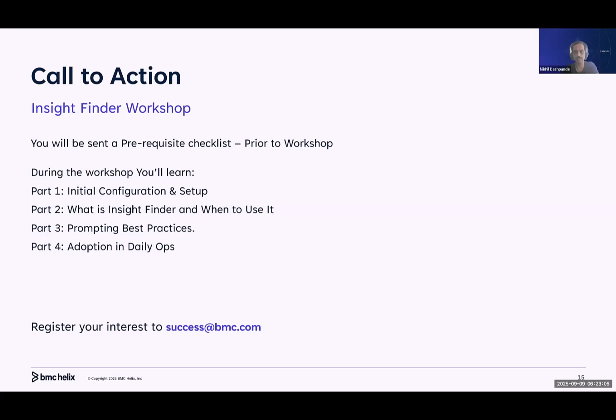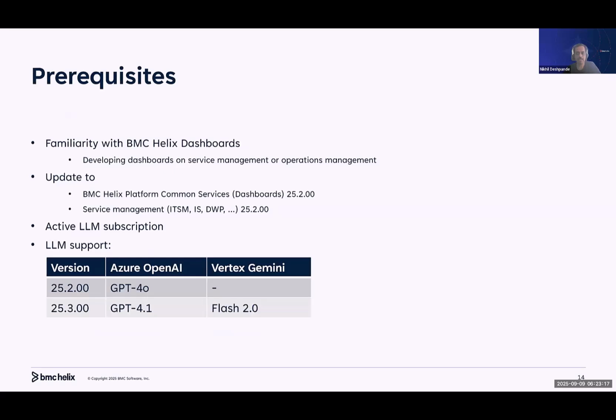I can answer that. So these LLM vendors, especially OpenAI and Google, will keep coming up with newer versions of their models all the time. And at BMC Helix, we will keep pace with the newer versions of these models. After newer versions of these models are released, we test them to make sure they work with our solutions, and then we will release it. So GPT-5 is currently being tested with our applications, including Insight Finder. Once we test it, we will make it available to you through your configuration, and then when we release it,